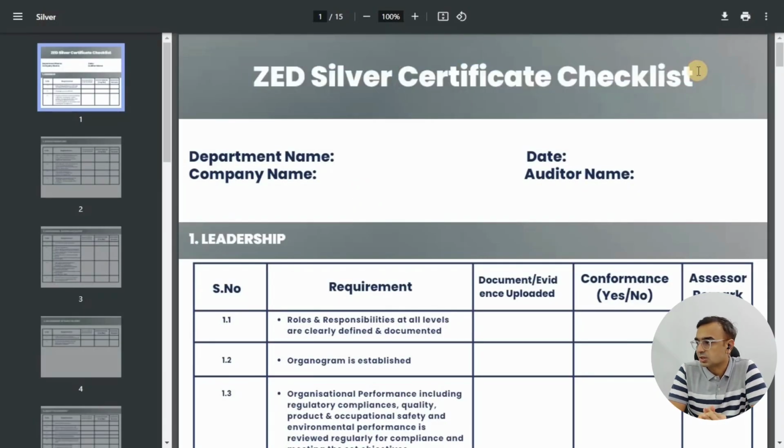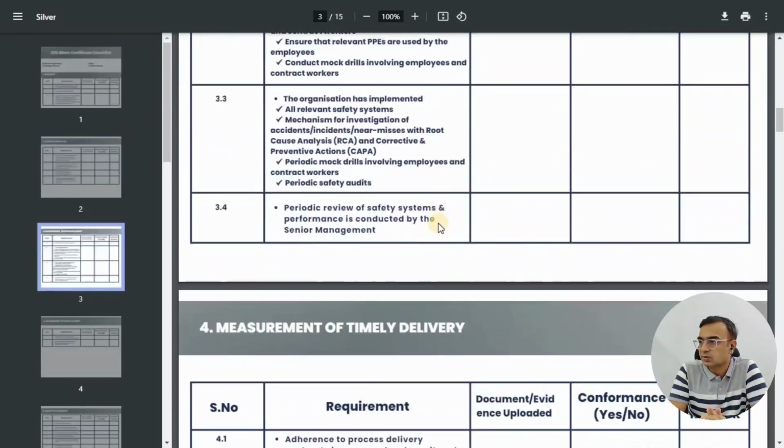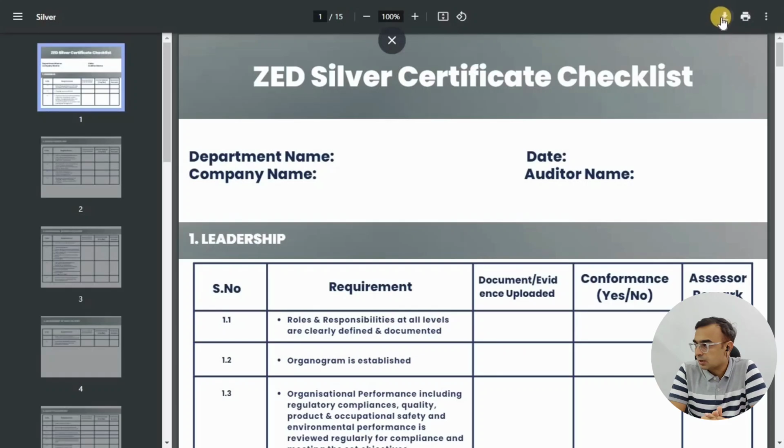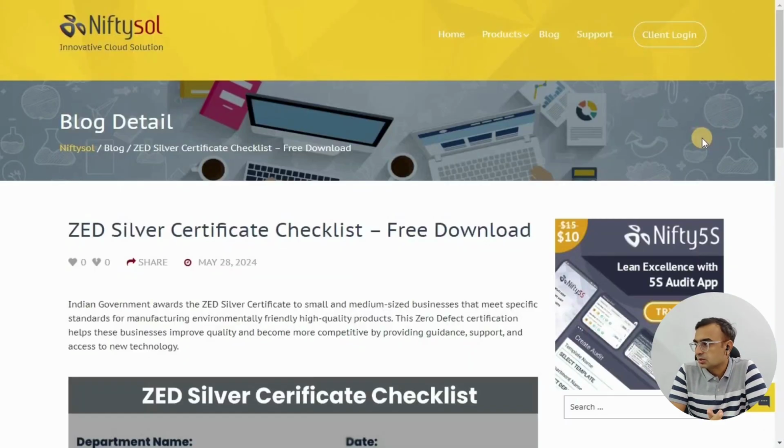Checklist page. This is assessment checklist for silver certification for Zed MSME, right? And you can see there are a number of pages. You can also download or print this checklist. This is assessment checklist that you can use for